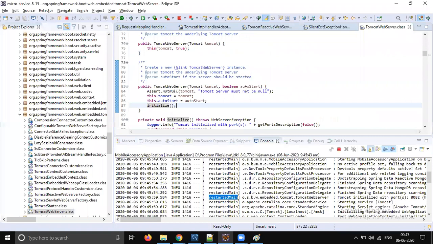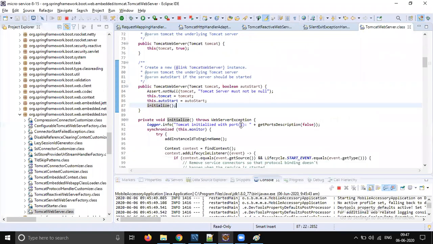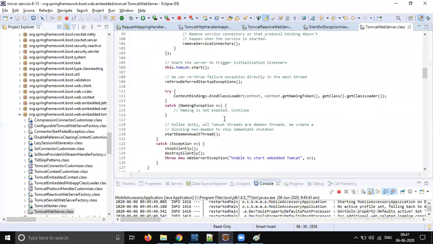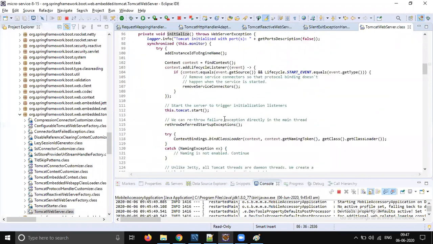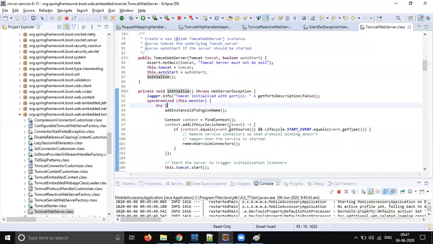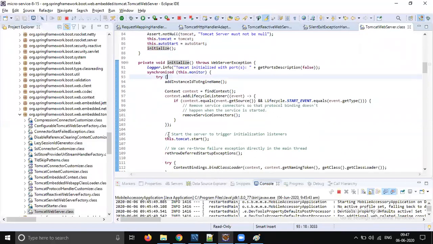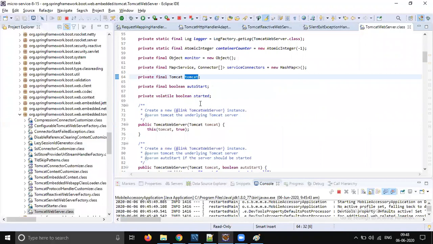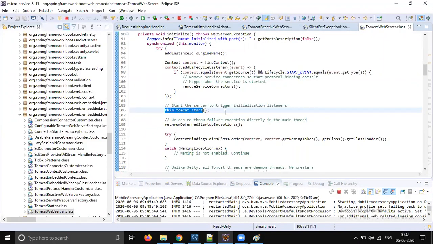Okay, so I think it's using servlet stack, I believe. Okay, so it's going and starting. The server is being started here. Tomcat server initialize. It will come here. So from here it goes and starts the server, right? So this dot tomcat is start. The server is going to be started.